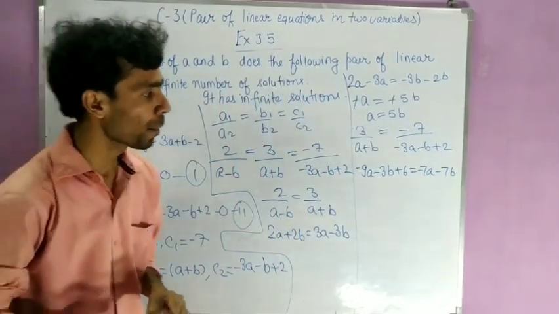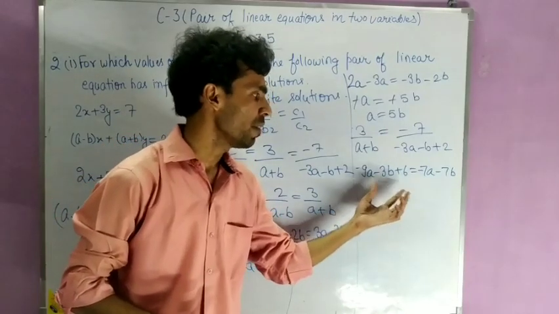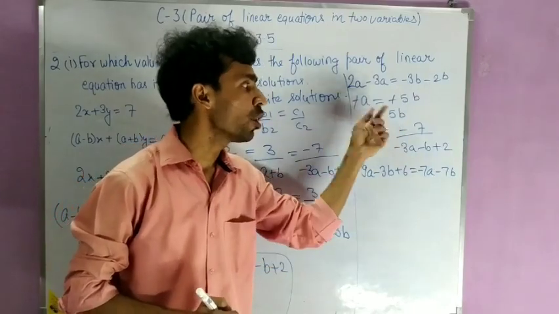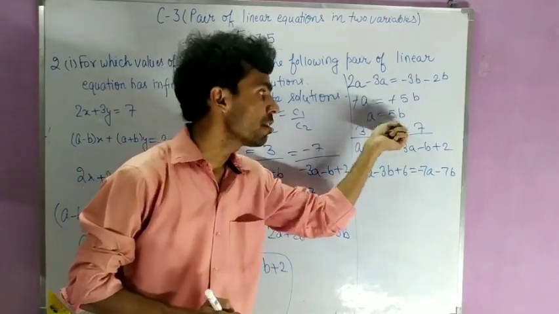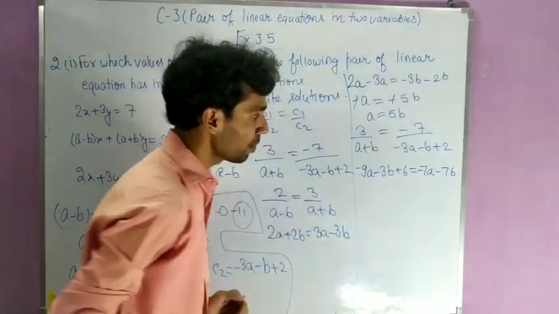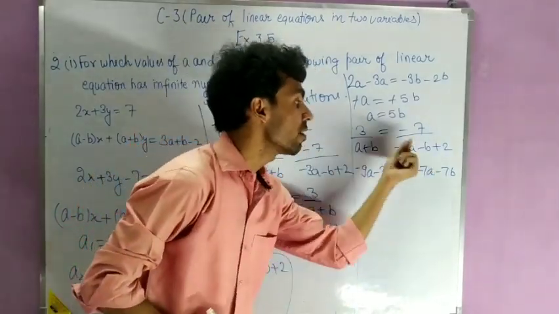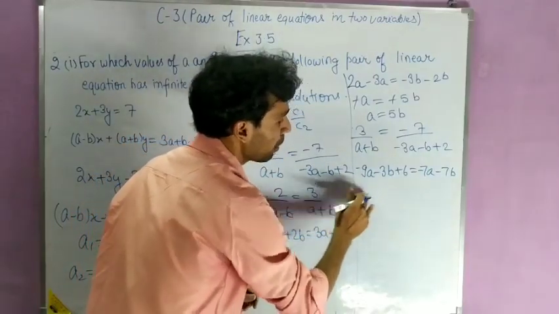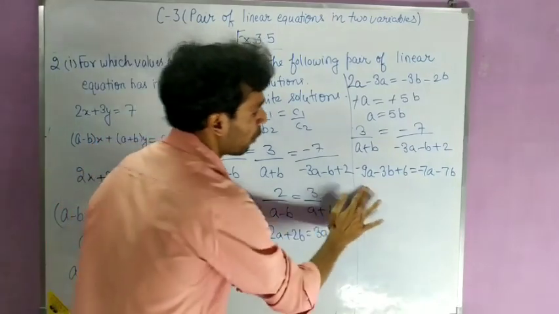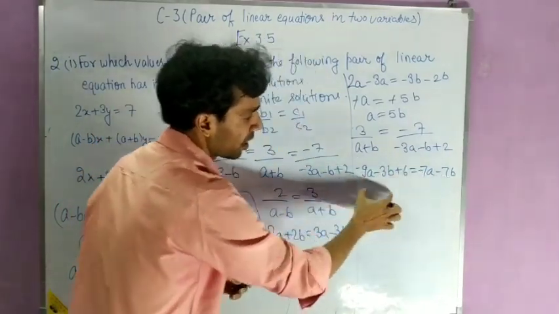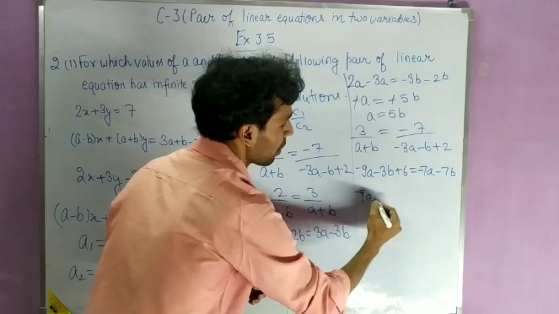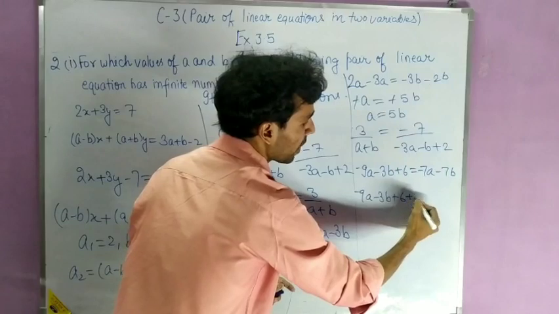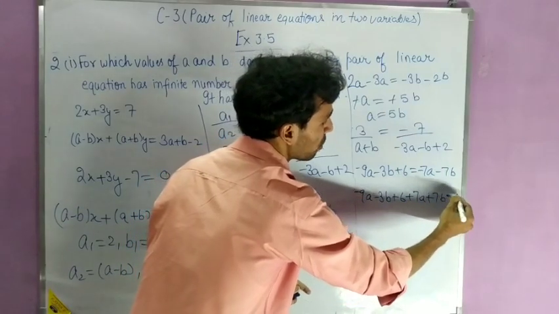Now student, by this we can see how we will find the values of a and b. So see, in the above expression we got the value of a, and the value of a is 5b. So in this expression, wherever there is a, put the value of a. So see, minus 9... no, first you solve this properly. So see, what I am doing, I am transferring this to this side. So minus 9a minus 3b plus 6, and when it moves to this side, it will become plus 7a plus 7b equal to 0.